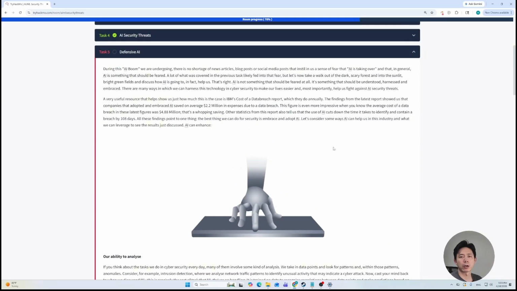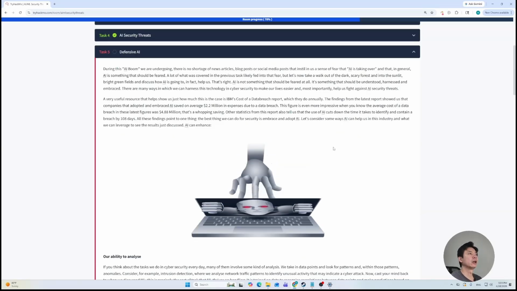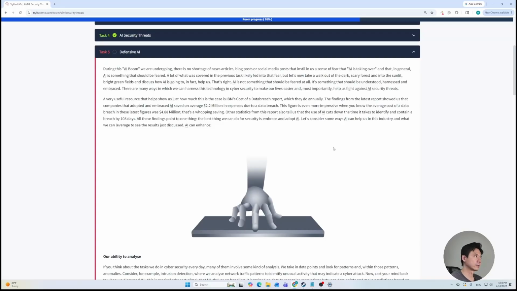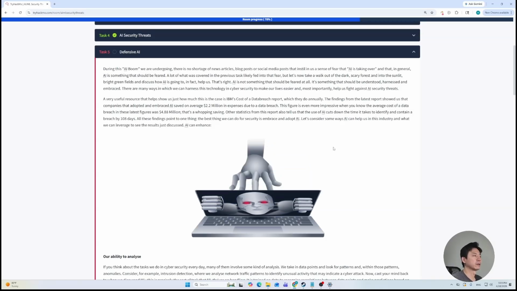So we have talked about AI security threats. Now let's discuss defensive AI. There are many ways in which we can harness this technology in cybersecurity to make our lives easier and, most importantly, help us fight against AI security threats. A very useful resource that shows us just how much this is the case is IBM's Cost of a Data Breach report,